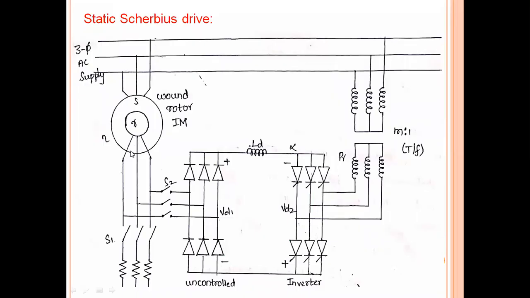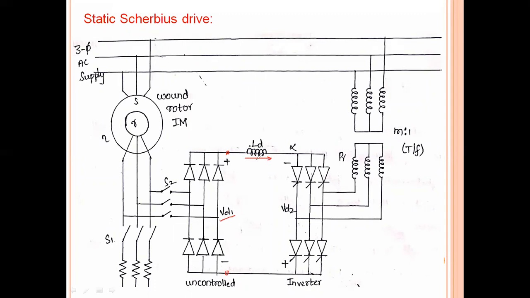So from the rotor terminals, three phases are taken and given to the uncontrolled rectifier, or a diode bridge rectifier here. This diode bridge rectifier converts the wastage energy into a DC value because this is a rectifier. So across these terminals of the rectifier, we will get the DC voltage, which is VD1. And this DC value is given